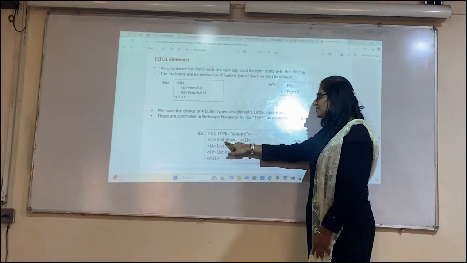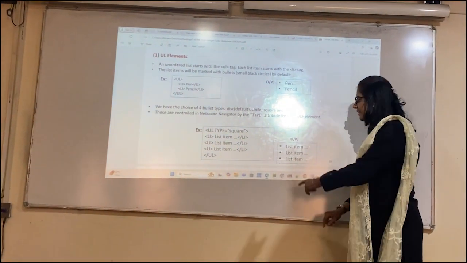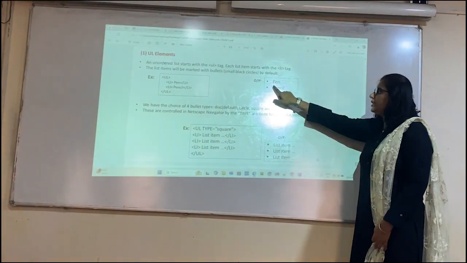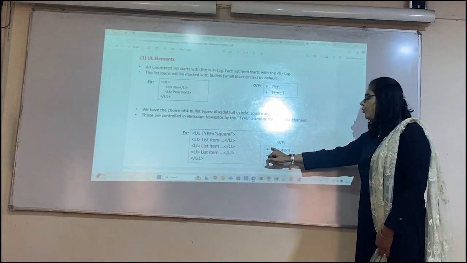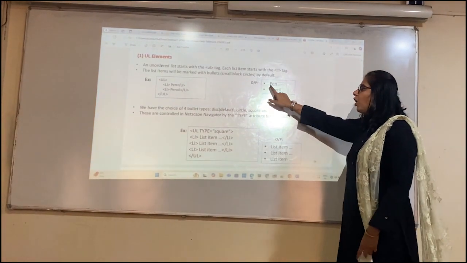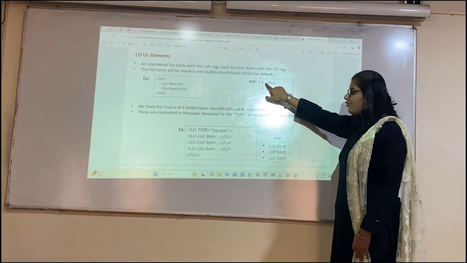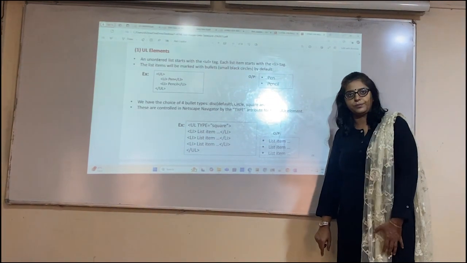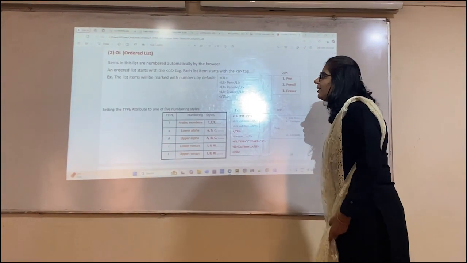In li we have list item, list item, list item. See the output: list item, list item, list item. Instead of the circle, we have squares. So the unordered list can be represented in this format, in circle also, or none also.